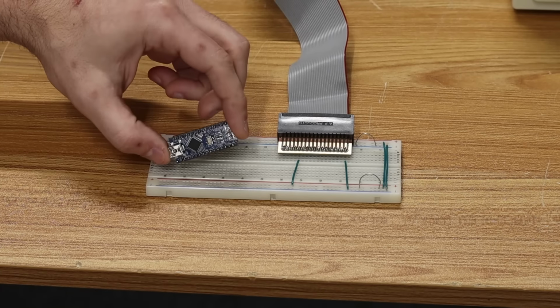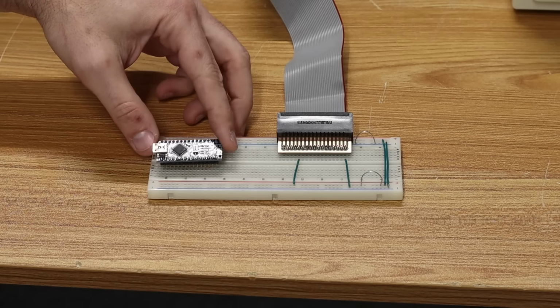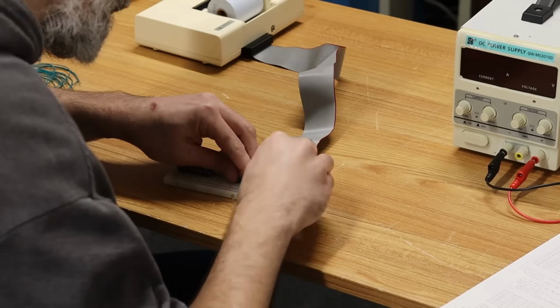All right, let's see if we can get this thing printing something a little more interesting, and I'm just gonna control it with a little Arduino Nano here for now. I like these tiny little nanos because you can plug them into a breadboard like a big IC, just like that. Then I just need to wire it up to this thing, and hopefully we've got some code on there